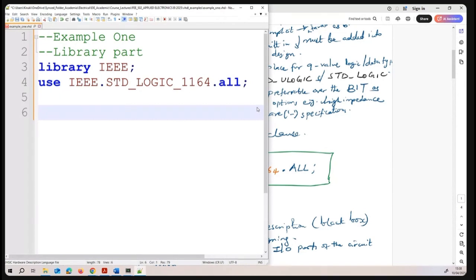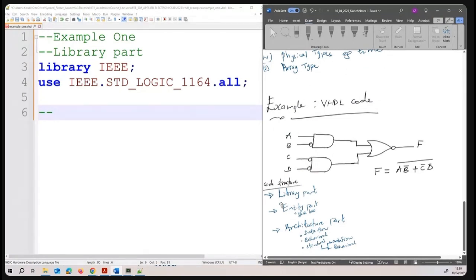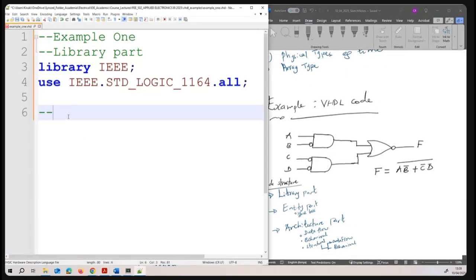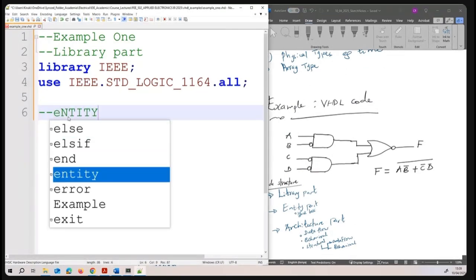The other two libraries, the work and the standard library, are already implicit or already inbuilt because it is a VHDL code. So we are done with the library part. So what is the next part? The next part is the entity part. So we have the entity